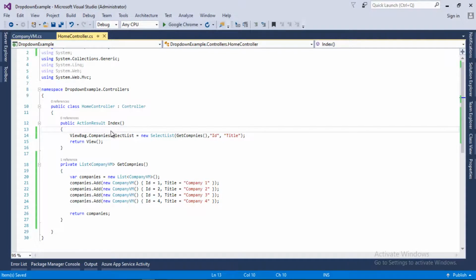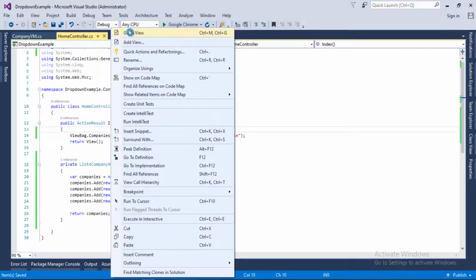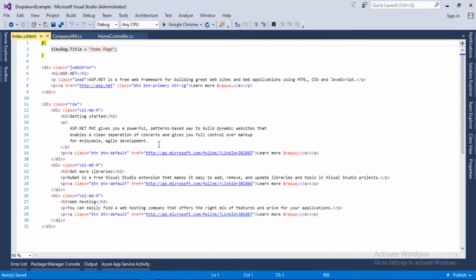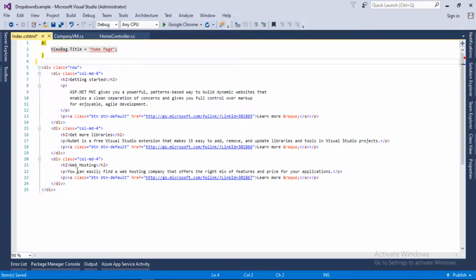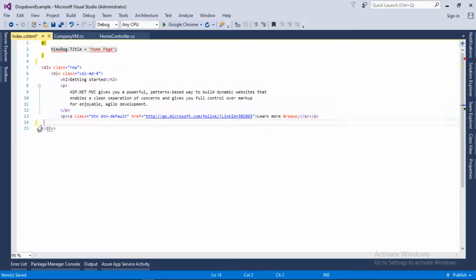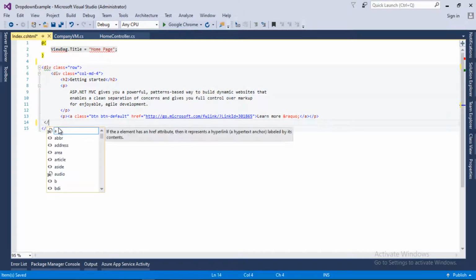So let's go to the Index view. Here you can see the code that is written, and we need to remove the old code from here because it is not necessary for us.